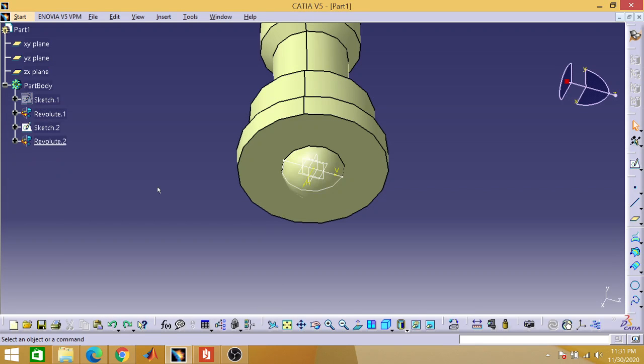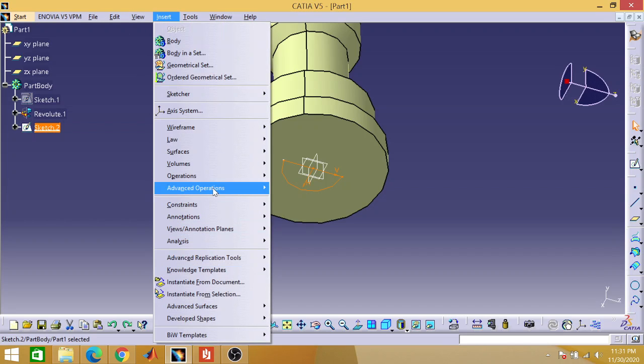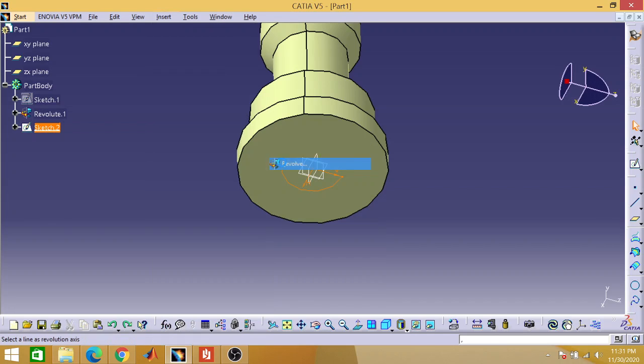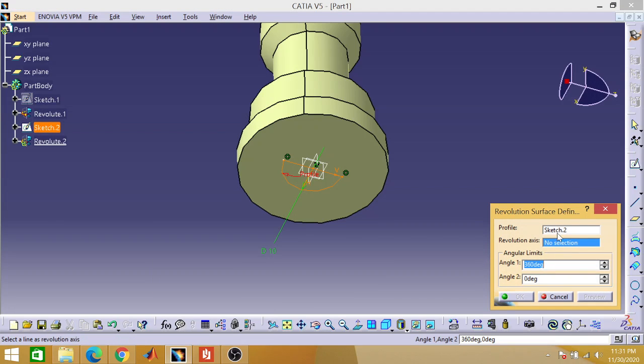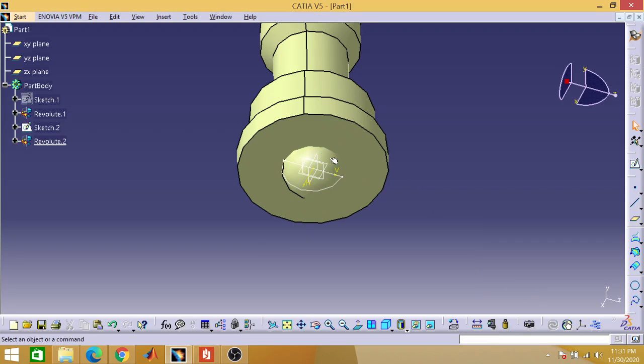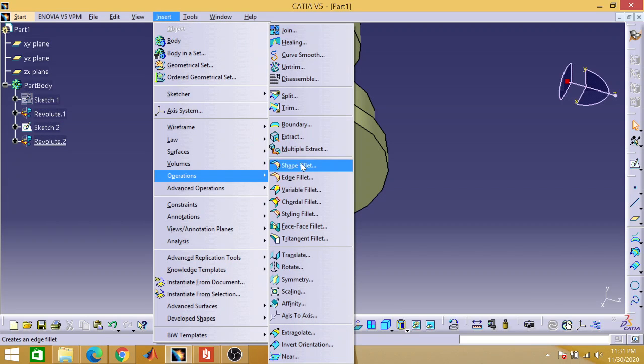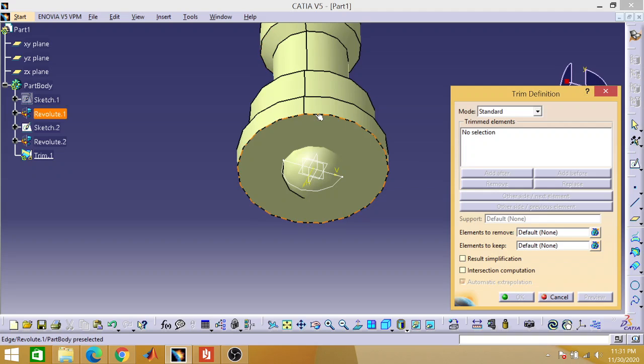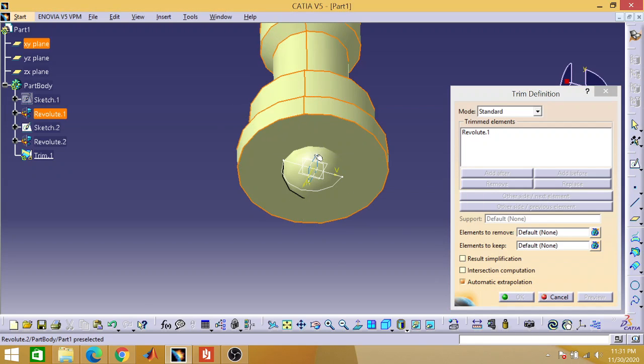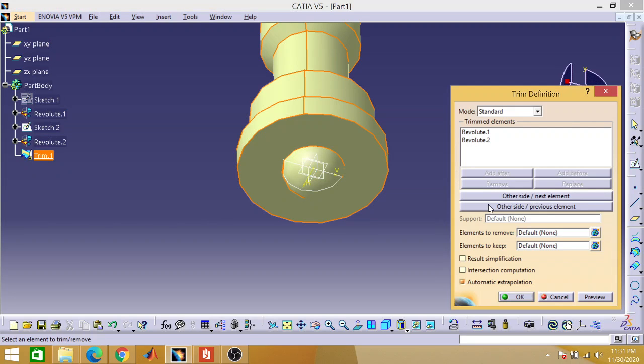So press Ctrl Z, again Ctrl Z, and now just go again to insert, surface options and revolve option and select sketch 2. Axis will be the central line and 360-degree. Okay, now go to the insert menu, operations, and trim tool and select this revolution 1 and revolution 2, and